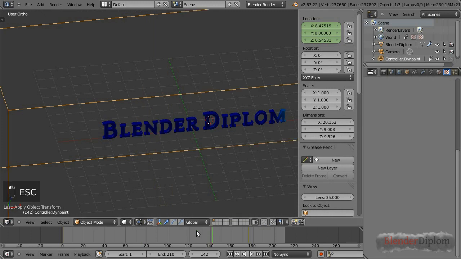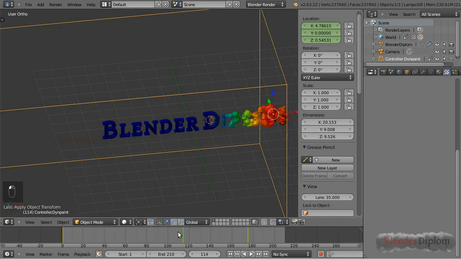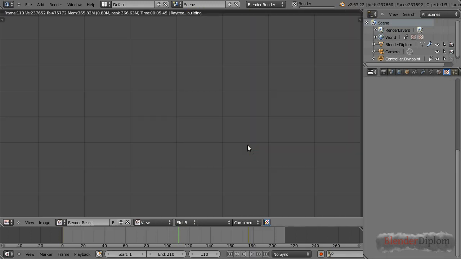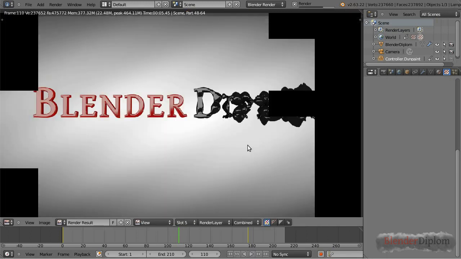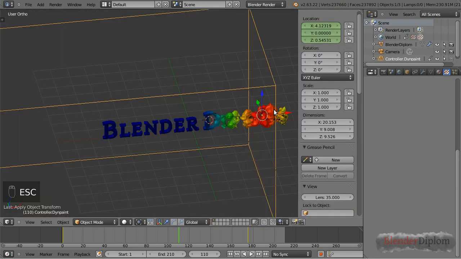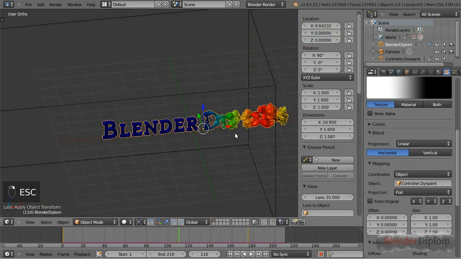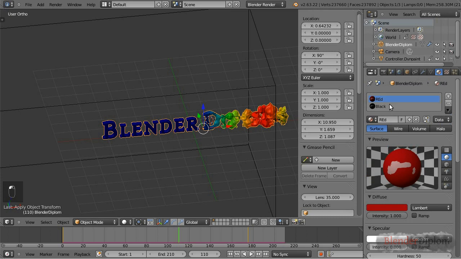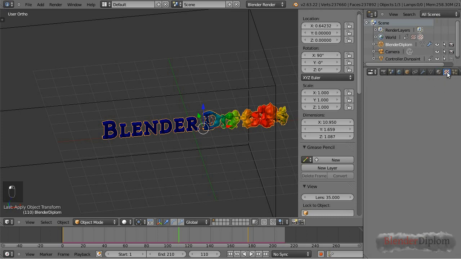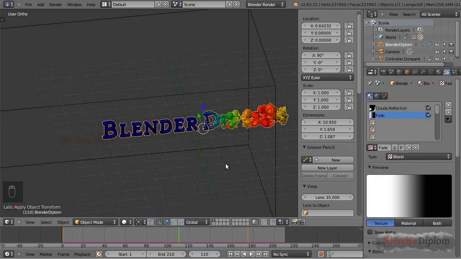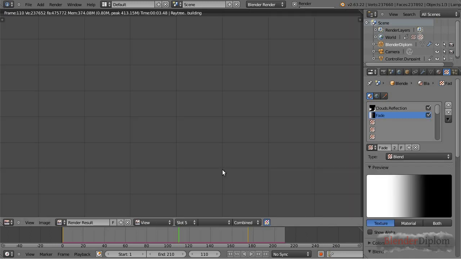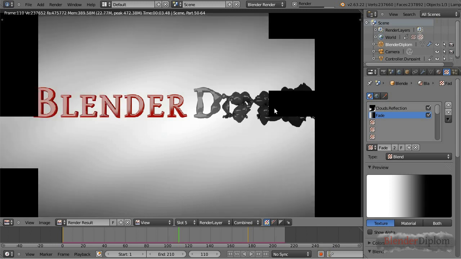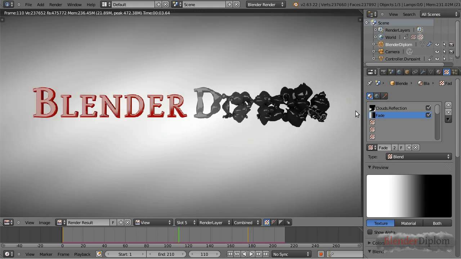But now, if I go to a part where the dark part of the BlenderDiplom is, there is no fade out effect. And that's because it's got a different material, and for each material we have to set up the texture. So let's select the same texture, and now let's hit render again, and you will see a very interesting effect. Once again, it's just fading in over the entire part here,